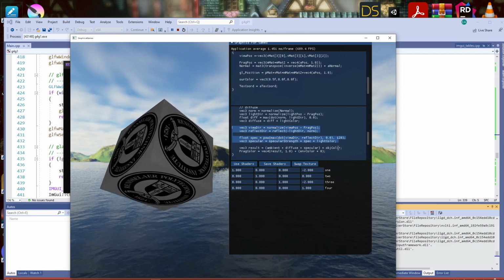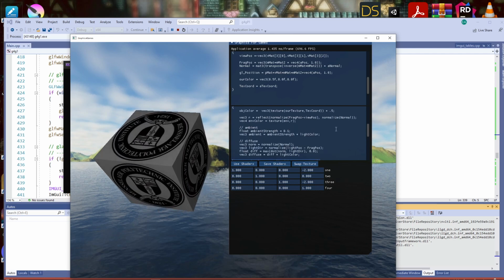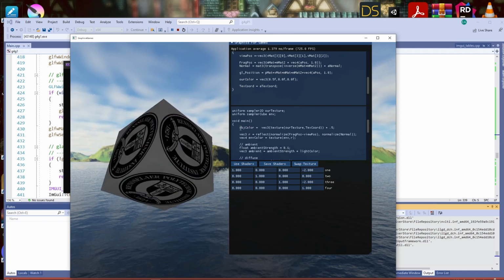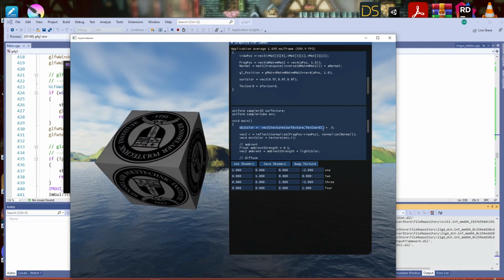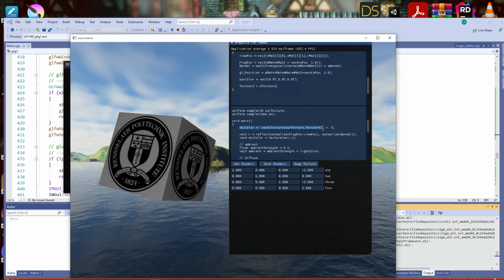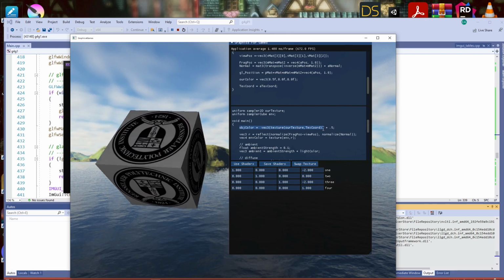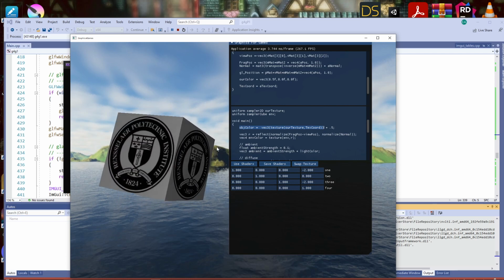We multiply that by the object color, which in this case happens to be what we read from the texture up here. Right? Object color equals, and this is the normal texture, not normal like surface normal, but the standard texture, right? Our normal, our diffuse texture, yes.